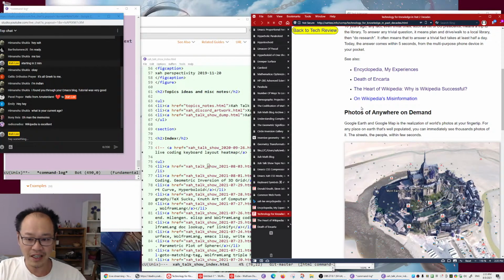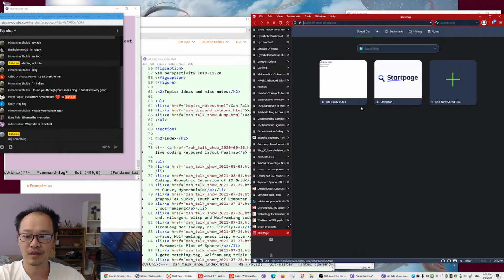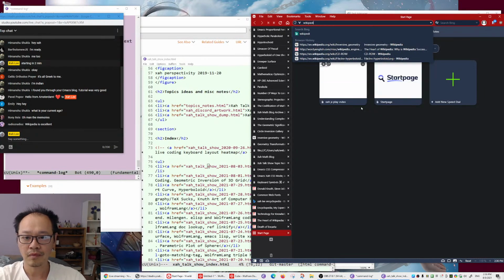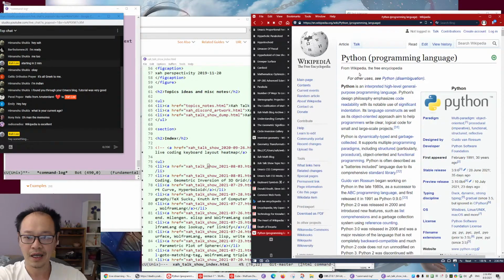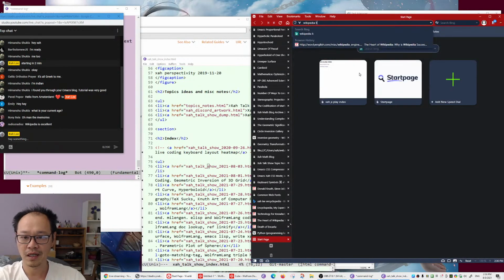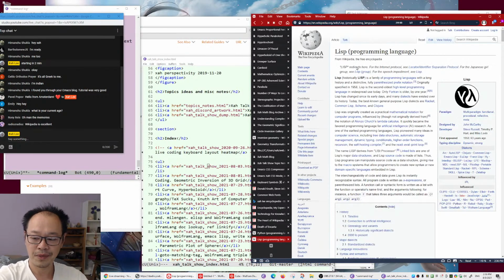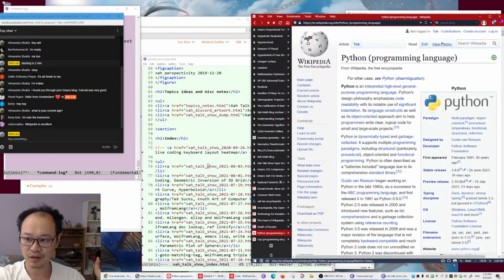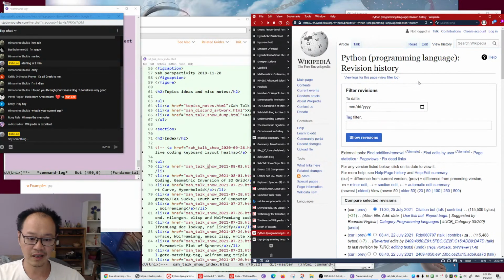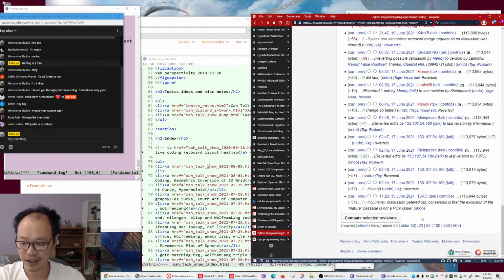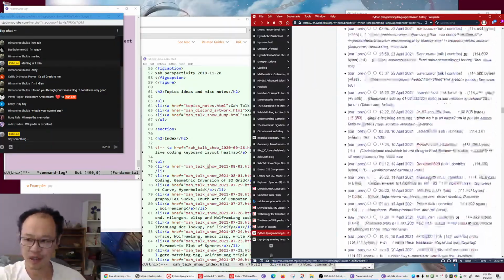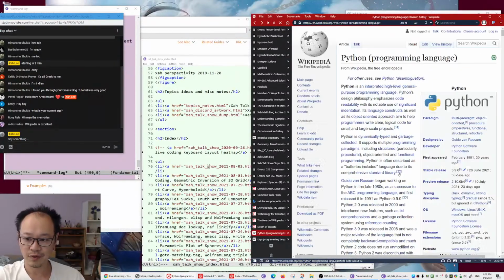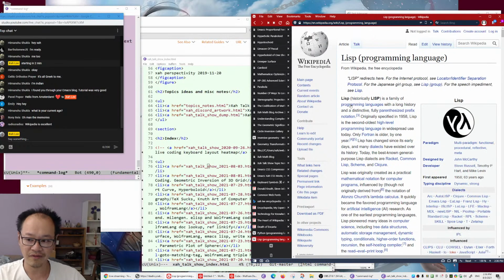But back then, when you go to the Lisp article, you can still verify it. Today, let's search for Wikipedia Python, okay? Here is a Wikipedia article on Python, and let's also go to Wikipedia Lisp. Here's the article on Lisp. Now, what you want to do is view history. You want to see the article back in, let's say, 2005. So you scroll all the way down and find the article written in 2005. I'm not going to do it because it takes a lot of time to get to it. So you find the version of the Wikipedia article on Python and Lisp back in 2005, and you'll see that